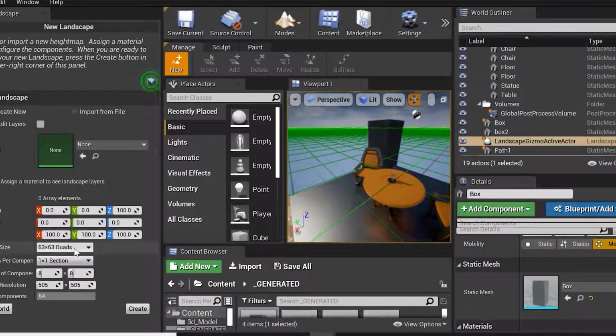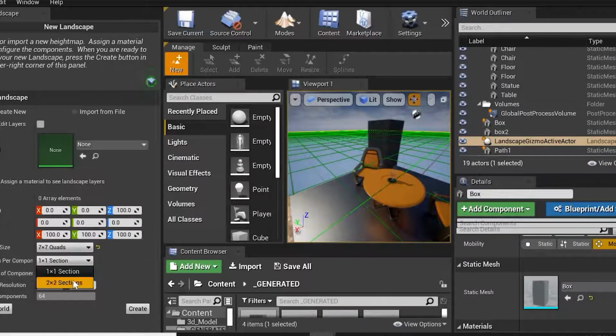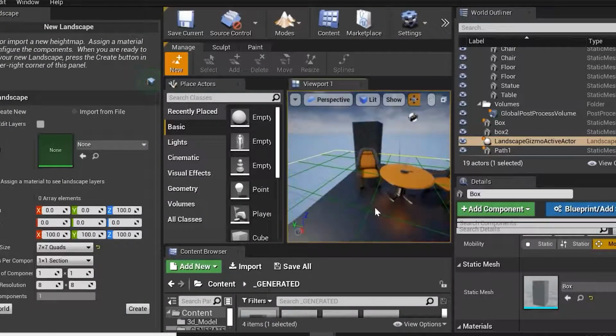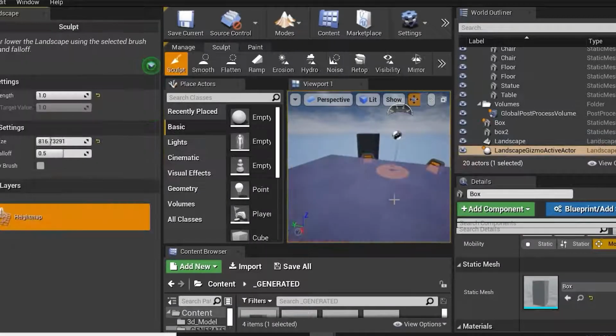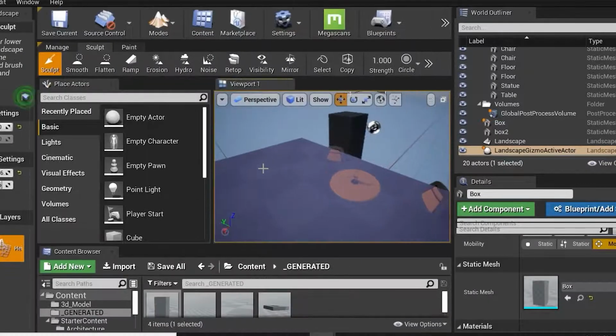This also depends upon the size and the coordinates, how much size and coordinates we require. 256, here we can see increase the size. 7 quads is there. 2 sections, 1 section, this depends. Number of components, overall resolution, if we reduce it, you will see the scaling reduce automatically. So I have created a very small size landscape over here. So create. Here we can see now we have a very small landscape.